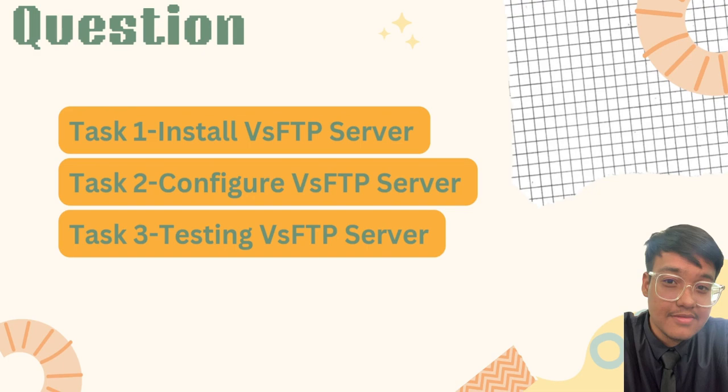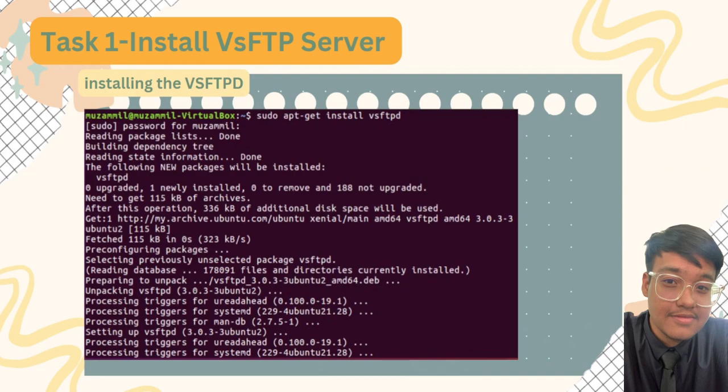To start this up, we have three tasks to do: install the vsftpd server, configure the vsftpd server, and test the vsftpd server. For task one, we have to install the vsftpd server first. So without wasting any time, we enter sudo apt-get install vsftpd